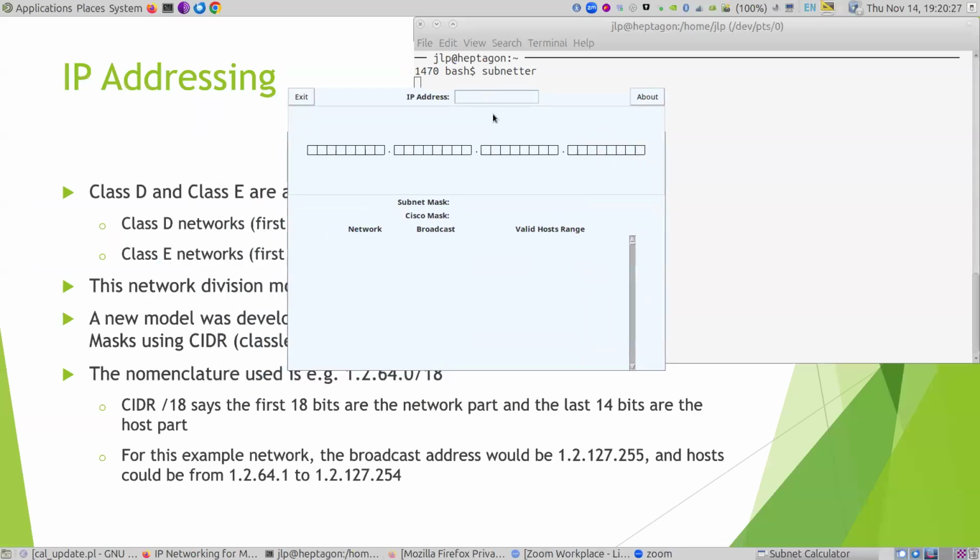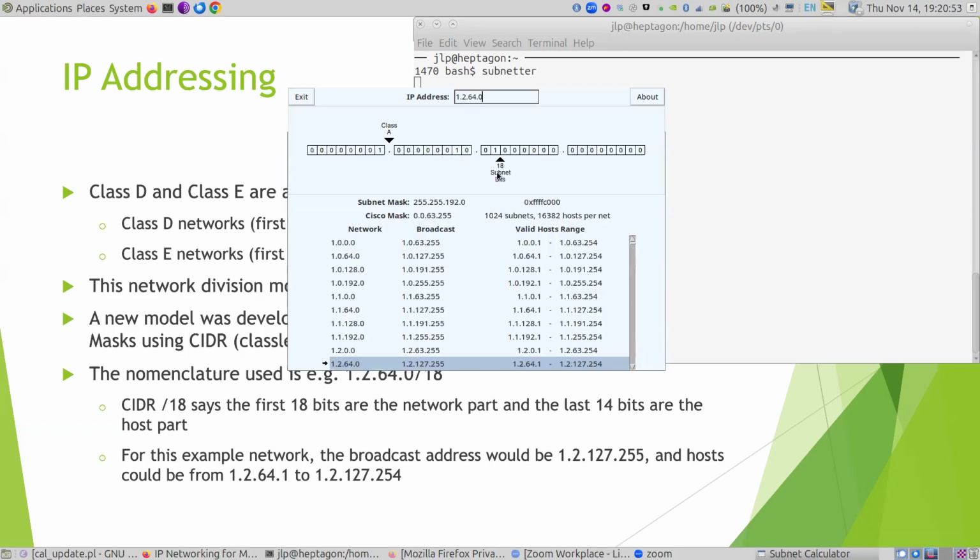So I wrote this program to help me understand what was what and what went where, right? So let's use our sample network 1.2.64.0. This was originally a class A network because the one over here meant that it fit in that class A section. But we're going to subnet that down to 18 subnet bits.